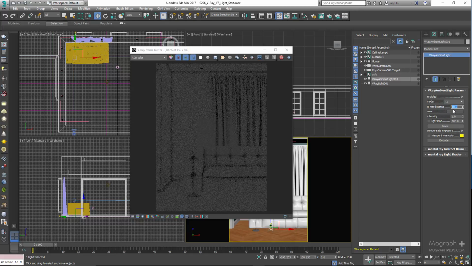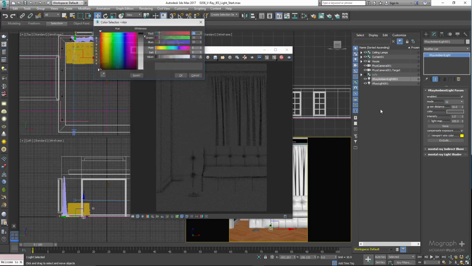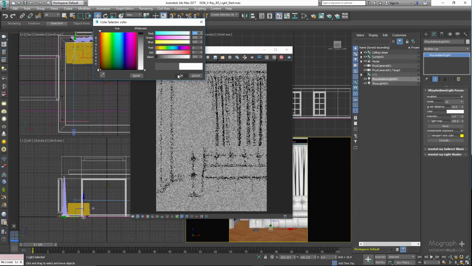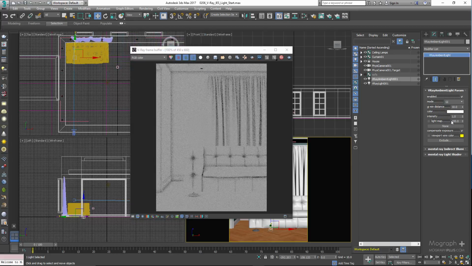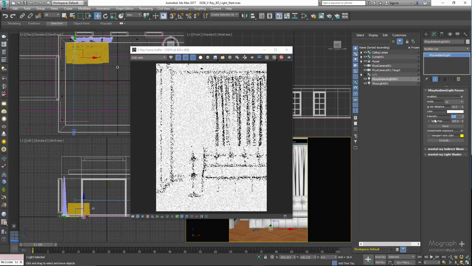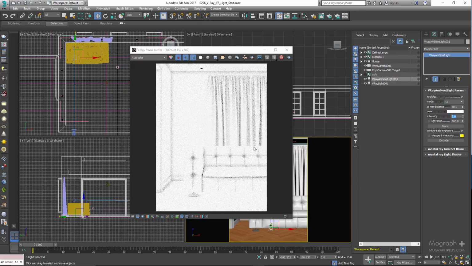If I now change the color to pure white and increase the intensity to maybe 5, we would have a proper ambient occlusion pass that can be used in compositing to add a bit more detail to the render. Even though there are easier ways to render out an ambient occlusion pass in V-Ray, but that's how you do it using an